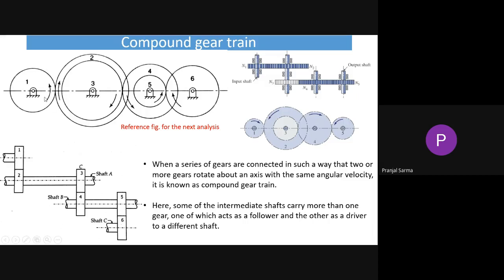That is possible, but it is in mesh with only one, and depending on wherever you have meshed here, you should mind the next sequence also. So one is in mesh with 2, and depending on the number of teeth, the size of the gear, it will ultimately become something like